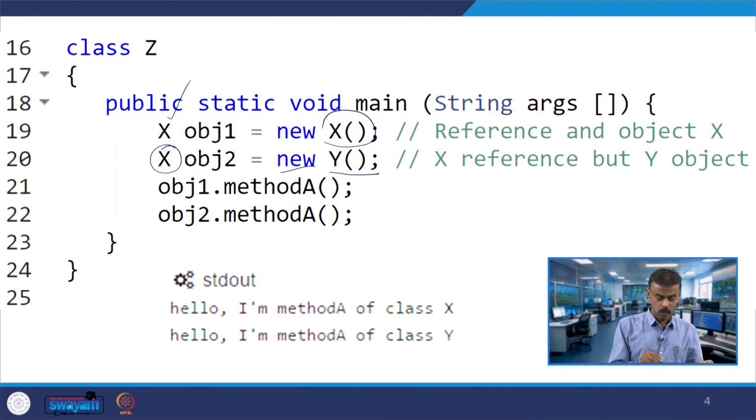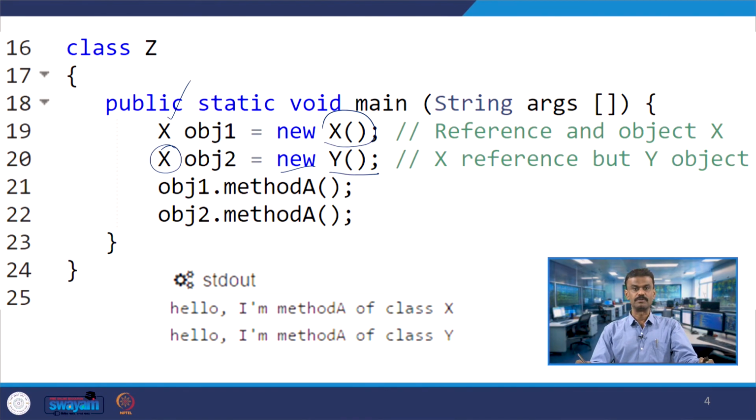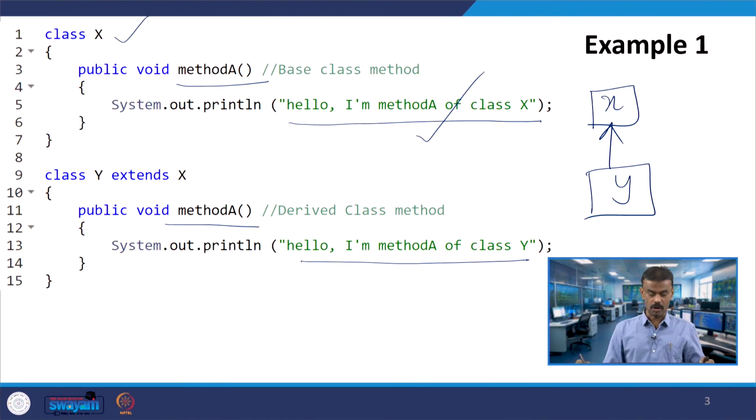Now obj1, when it is calling method A, is under X and the constructor is also X. Therefore this function will be called. You have an object obj1 in class X, and this will call this particular function. "Hello I am method A of class X" will be printed first. This will be the first output.